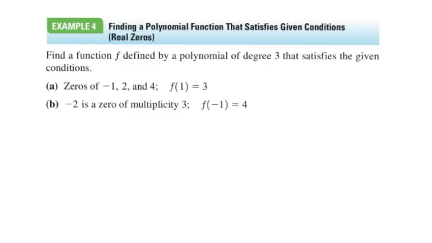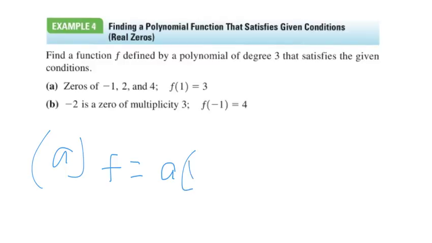So here's a two-part example. It says find a function f defined by a polynomial of degree 3 that satisfies the given conditions. Part A, it says it has zeros at negative 1, 2, and 4, and f of 1 is equal to 3. So if it has zeros at negative 1, 2, and 4, then you know that your function f is equal to some number a, some leading coefficient, we don't know what it is yet, times